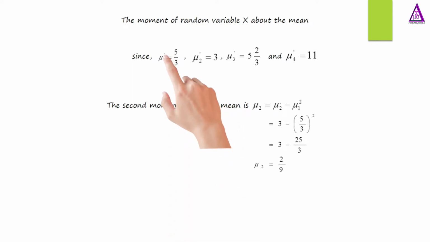The first moment about the origin equals 5/3, the second moment equals 3, the third moment equals 5 2/3, and the fourth moment equals 11. The second moment about the mean is